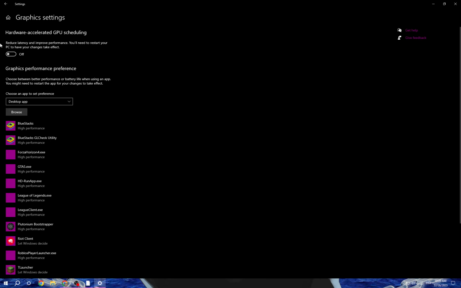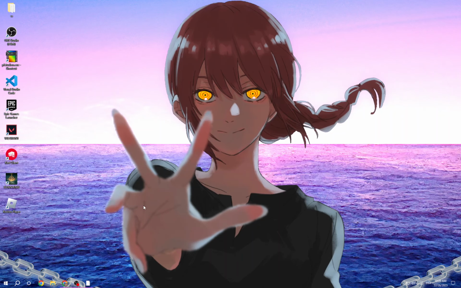Now if you want to take the risk and to overclock your GPU, that will help you to improve your FPS, but you have to turn it off later when you're done playing, and that's it. And now